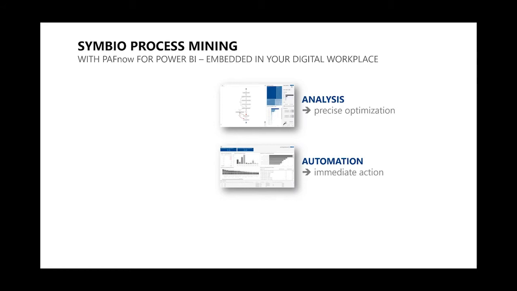So for example, if we look at a purchase to pay process and we look at some invoices and we recognize that we have a significant amount of discount losses, we would be able to directly start a workflow in SAP, for example, or hand over specific business cases to a robotic process automation application. So that really makes this operational.